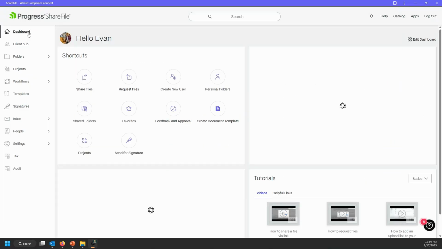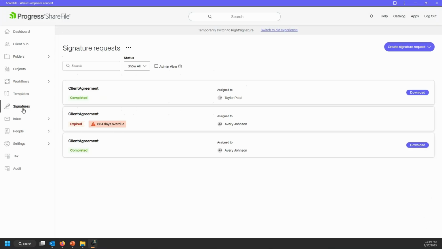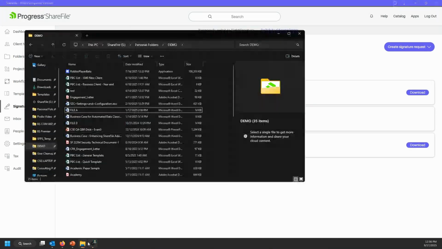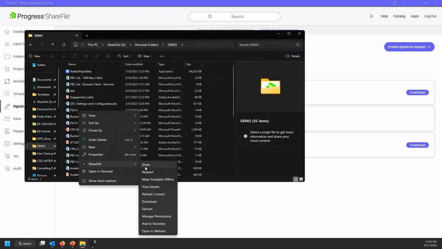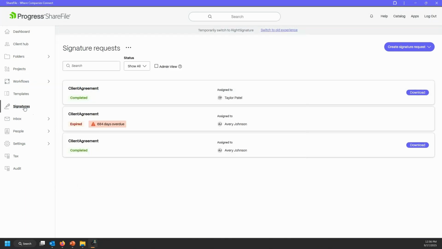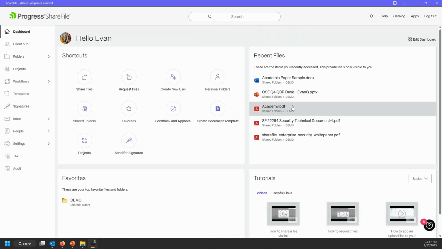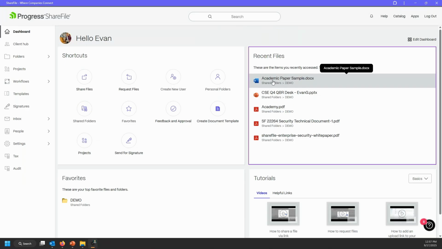The last thing to look at here are signatures. So again, another premium value, something that we have worked really hard to bring native enhancements into the ShareFile application, is that we do have electronic signatures. So you noticed if I'm working out of ShareFile for Windows, if I'm right-clicking, I do have the ability, if signatures are on my account, it would show here. On this account that I'm demoing, signatures is not turned on, but in the web app that I'm on, it is. So if I do have files in ShareFile, I can always just access a document and send it for